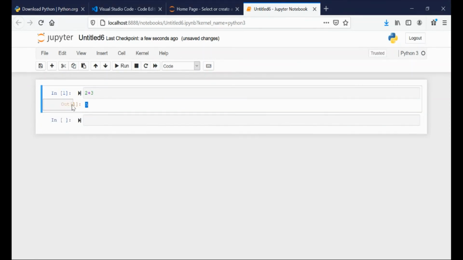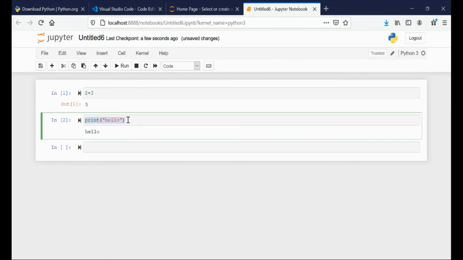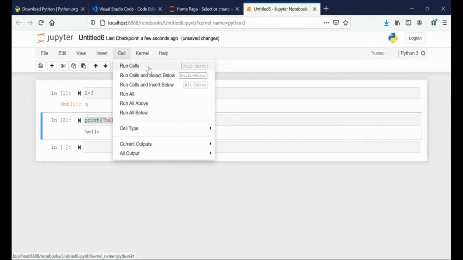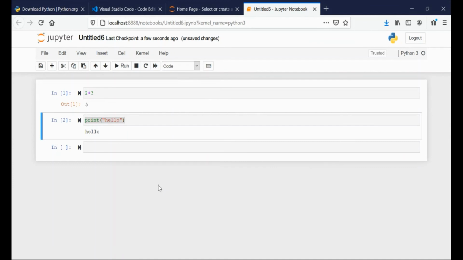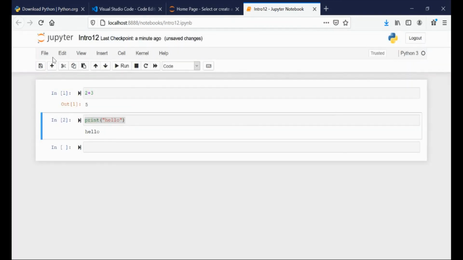The output is executed and saved in Out[1]. And then at the same time, I could write some other commands like print hello and press Shift and Enter. And I mentioned Shift and Enter, which executes the line which is present in this text box, and it goes below. Similarly, to run just that particular cell, you can use Control Enter, and to execute the cell plus create a new text box below, you can use Shift Enter, and just read out the documentation. And to rename this file, you can just click on this, and then let's say intro underscore, and click on rename. So I would be able to save my files in my directory.